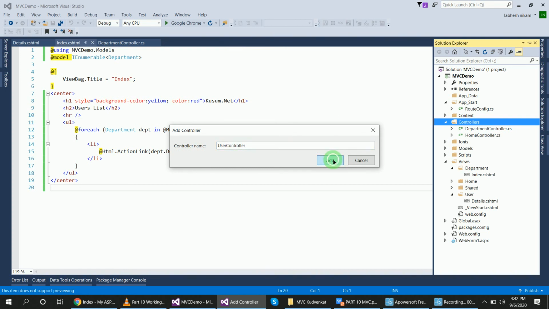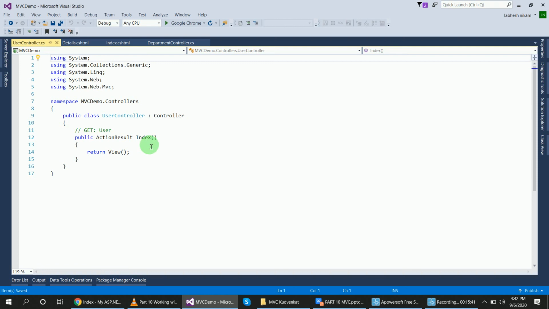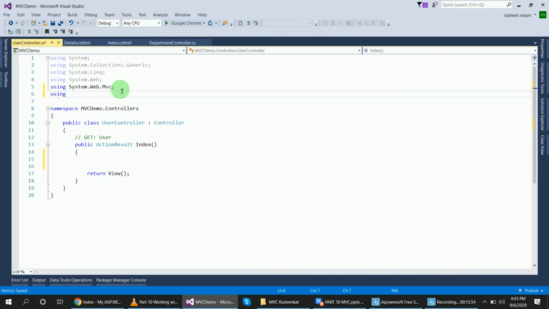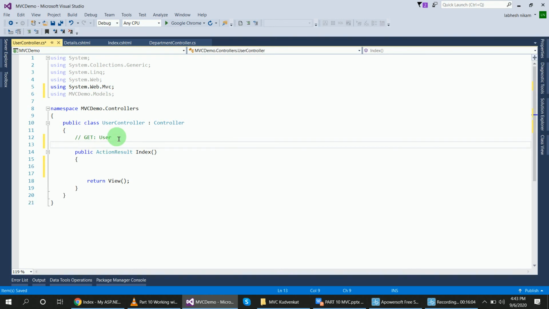Okay, and inside of this I will create a list of users. First I will add the model class, so using MVC demo dot models. Alright, and the connection string SQL connection user context db equal to new user context.